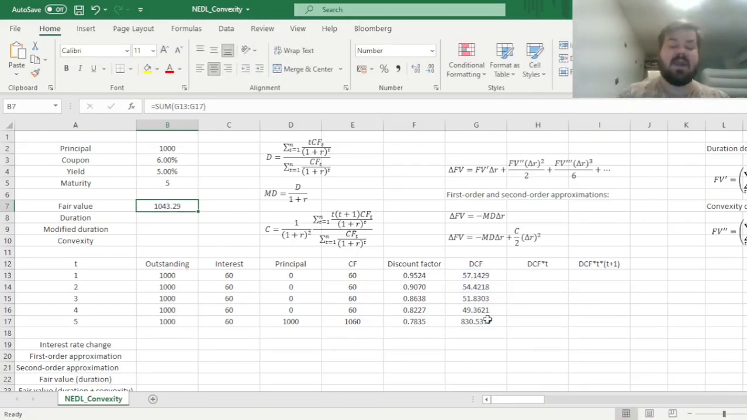And this will come in handy as our duration and convexity calculations would require us to divide time-weighted cash flows onto the fair value. So here it would save us quite a bit of time. Then for duration calculations, referring to this formula over here, we just calculate the time-weighted discounted cash flows and divide those